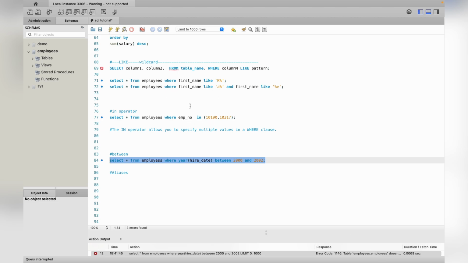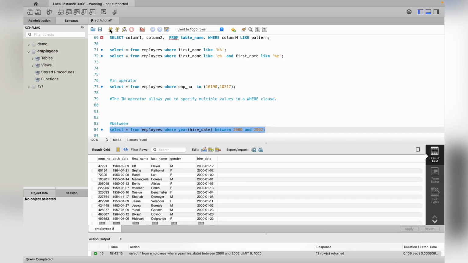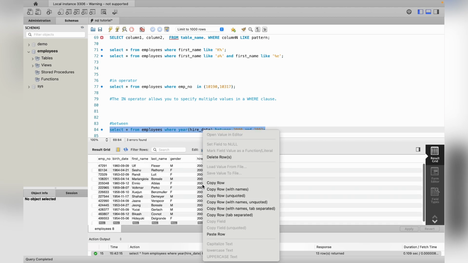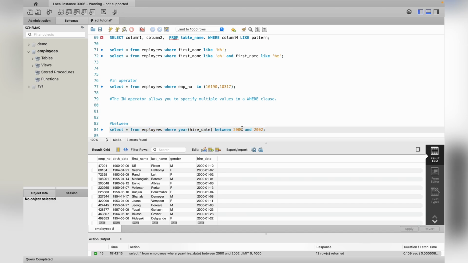Let me look for the employee table first. So this minor thing comes into the picture. Yes, now it's correct. See, I got the records from 2000 to 2002, whatever is there. Okay,